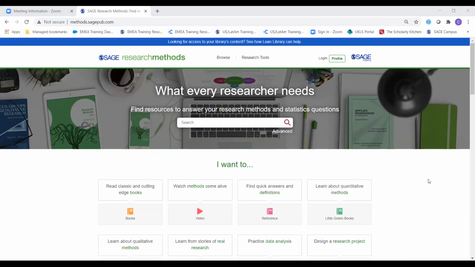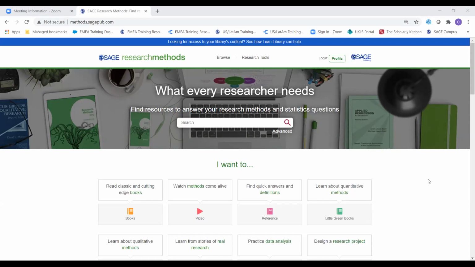I've just switched over to the SAGE Research Methods homepage, and this is the main starting point for you finding your way into the database. However, you can access it usually through your library website or A to Z list of databases. So I would recommend that you make the database listed if you do have an A to Z listing on your library website. You may also want to include the links on any reading lists that you put together to share with your students. And also, if you're a librarian, you may also want to include that on a subject guide just to increase the